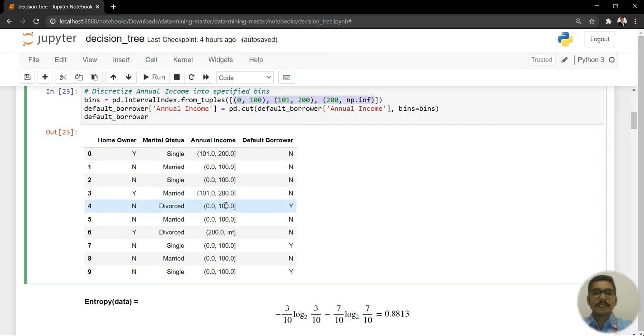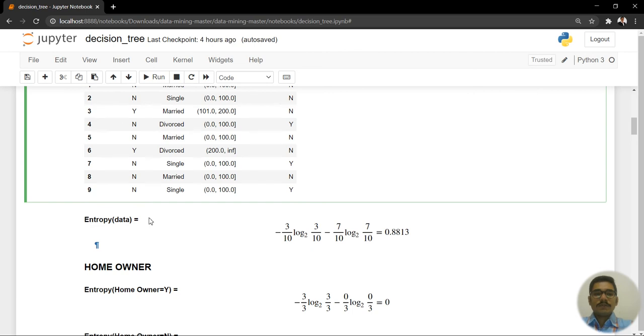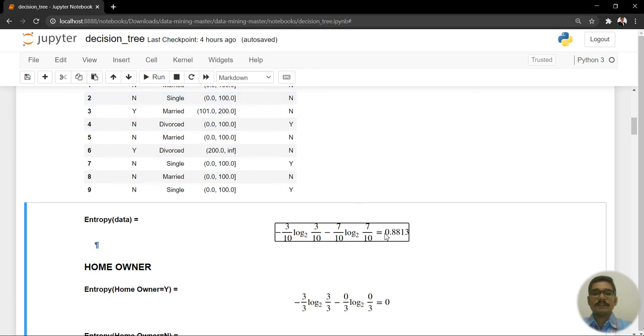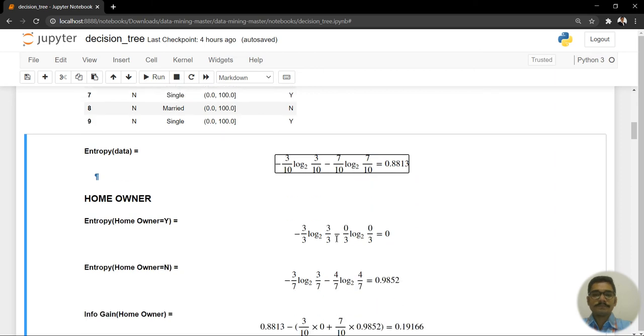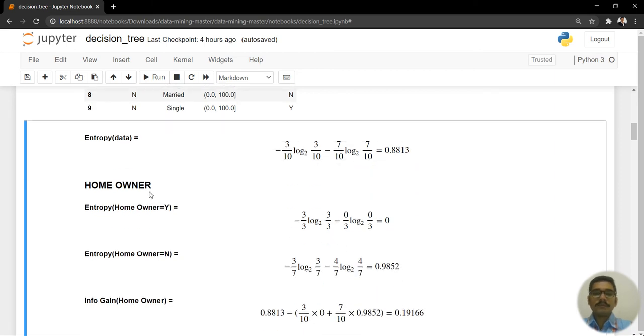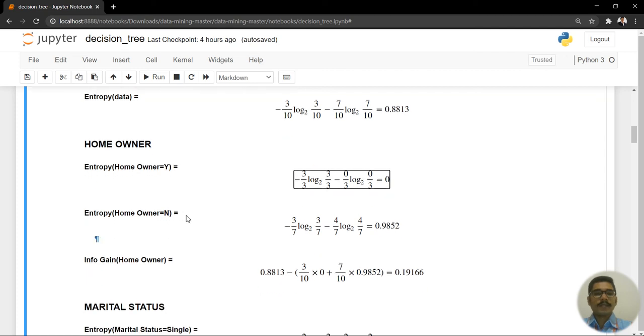Okay. Next, we have to determine which will be the root node. So we have to do the entropy calculation. Entropy is given by a logarithmic calculation, which is nothing but this. You take the number of yes class and the number of no class, determine the proportion, and this is your entropy value. Next, for each of the attributes, you have to decide. For homeowner, homeowner takes value yes, so it is classified in this way. And for homeowner no, you have this value.